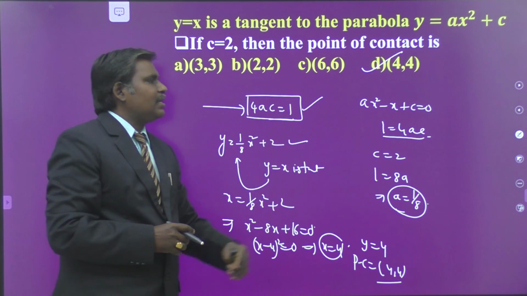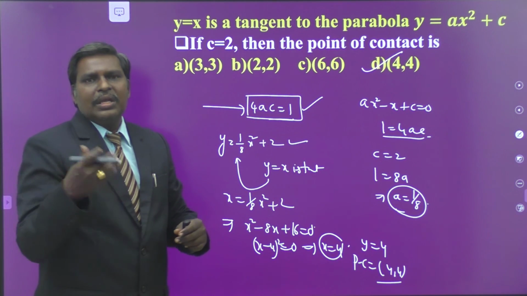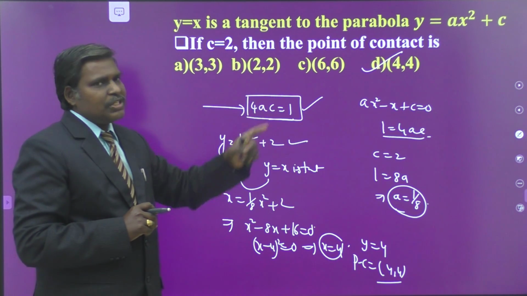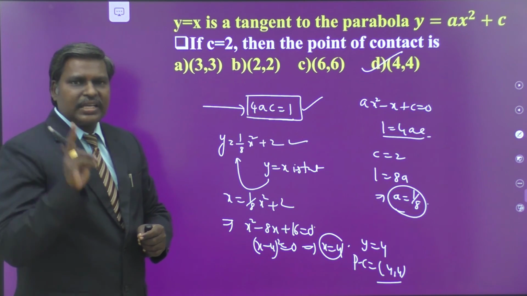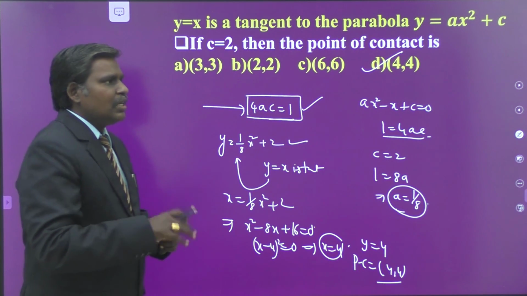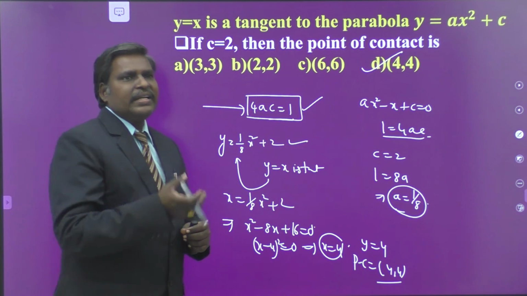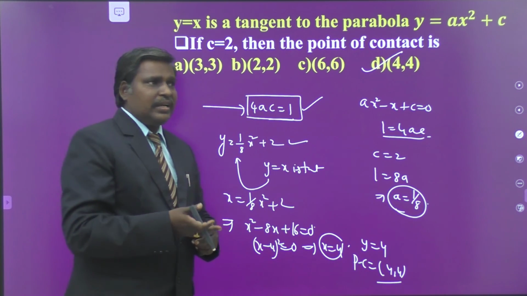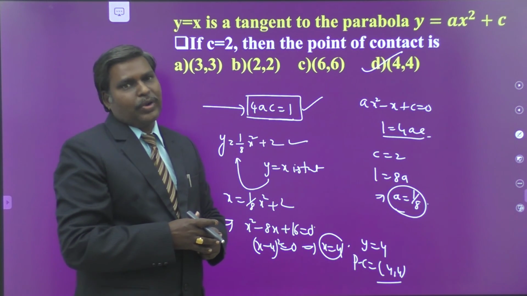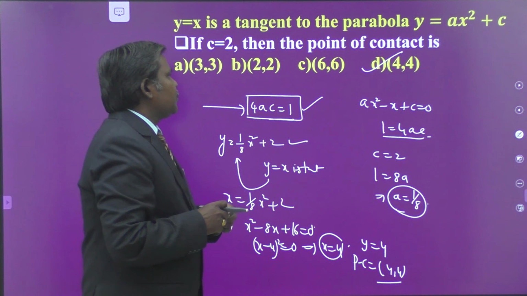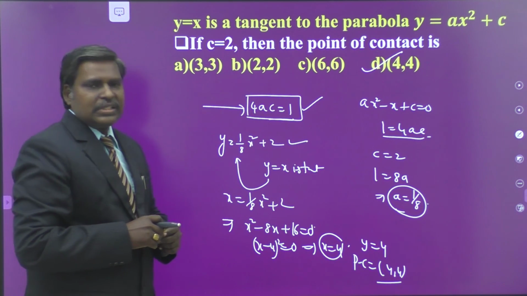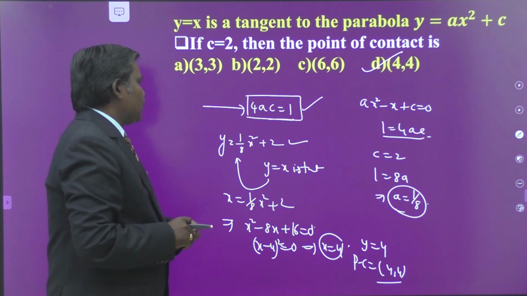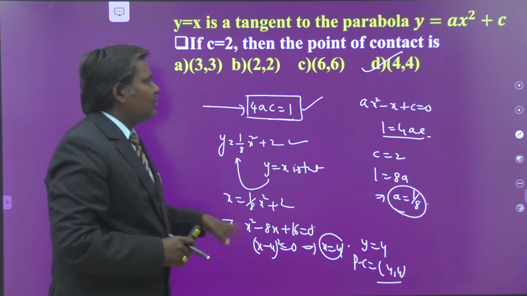You just substitute the line in that curve, make b square minus 4ac to 0, and immediately we obtain the condition. We do this only for second degree curves. If you go for third degree curves, the tangent at some point intersects the curve again at another point. So if you take y equal to x cube, the tangent at any point intersects the curve again at another point. Understand? So we use the technique b square minus 4ac equal to 0 only up to second degree curves. So this is the relation 4ac is equal to 1, by making b square minus 4ac to 0, and from that you can crack all these things.